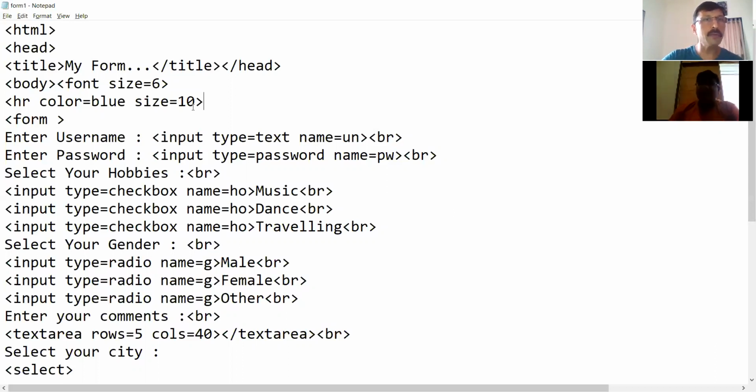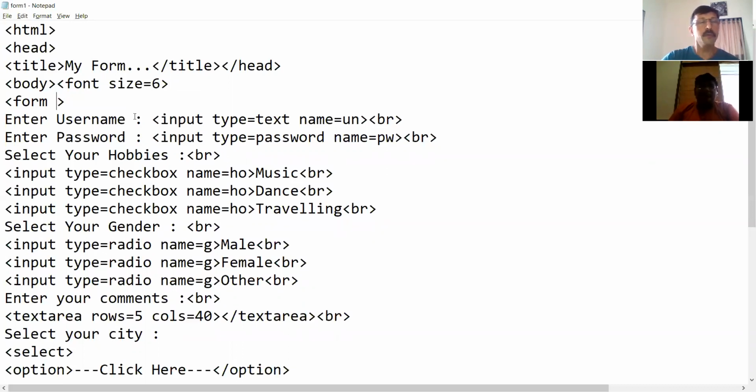So now we will see the attributes of form tag. Form tag has got mainly two attributes, two main attributes. Name is the obvious one, it is in every control. So form will also have name. Let's say form name we give as FRL. Second is method. Method attribute is a very important attribute. It decides how your form data will go to server when the user submits this form.